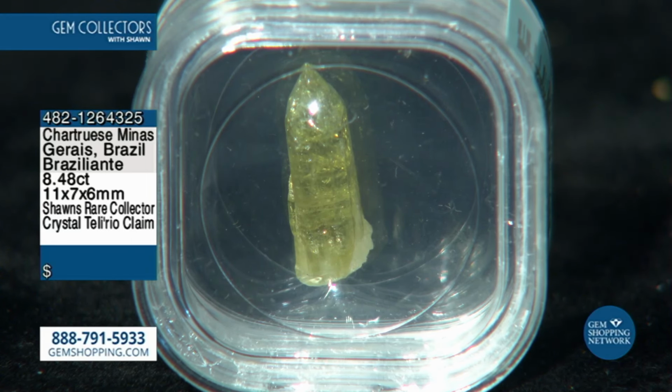All right, here we go. Forms in the monoclinic crystal system. That's why you commonly get elongated crystals like that. And again, it's a sodium aluminum hydroxyphosphate, something like that. But remember, all those other minerals are minerals we've already talked about that form other minerals: the aluminum in corundum, the phosphate in vivianite. We've talked about salt, that's your sodium. Anyway, price on this